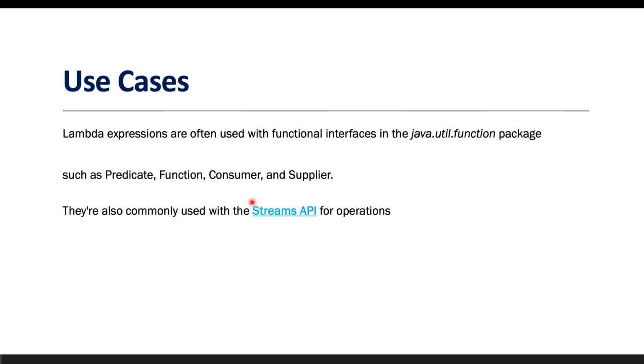Okay. Next thing is that they are also very commonly used with the stream API. Stream API allows for powerful and extensive data processing. So whatever data processing we do with the help of the collection API, all those operations we will be able to do using this stream API. Some functionality like filtering, mapping and reducing, all of this we will be able to do with the help of the Stream API, and we will see the advantages of using the Stream API versus not using it.